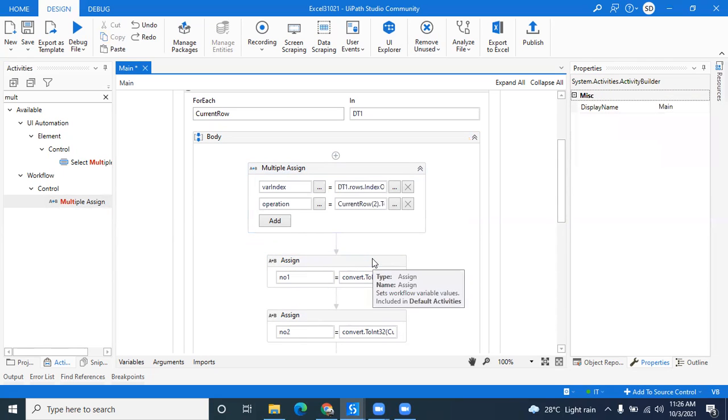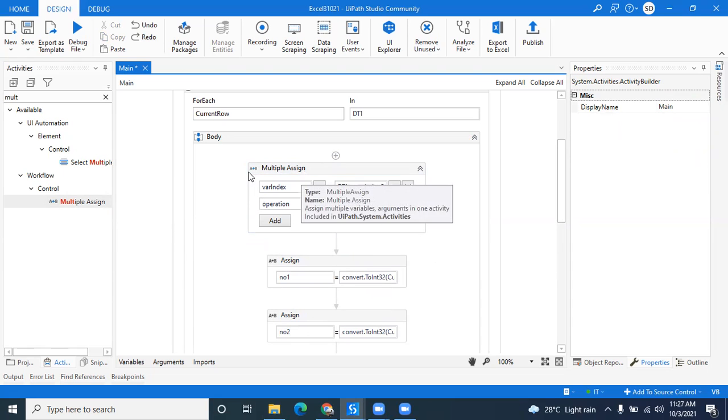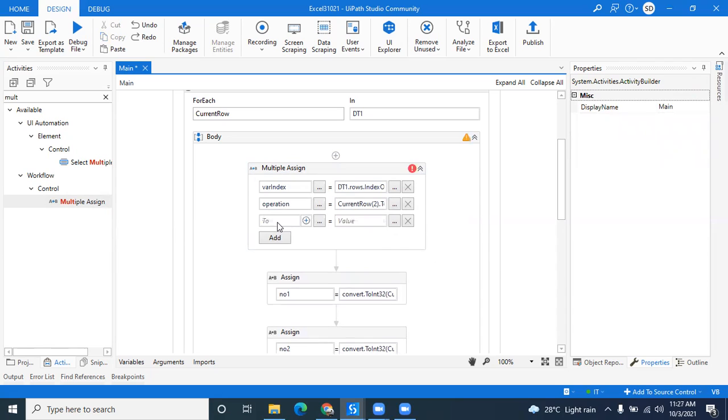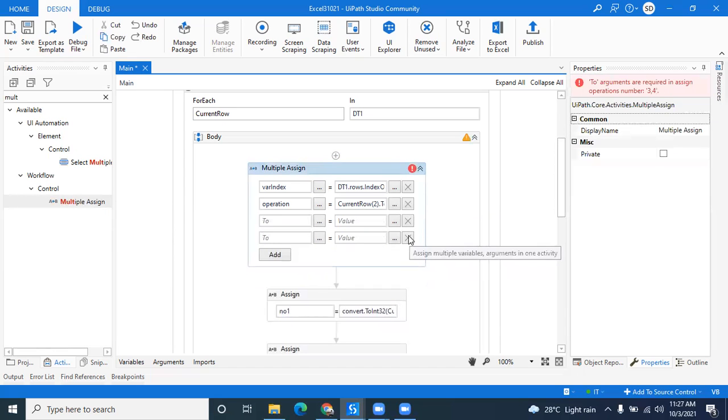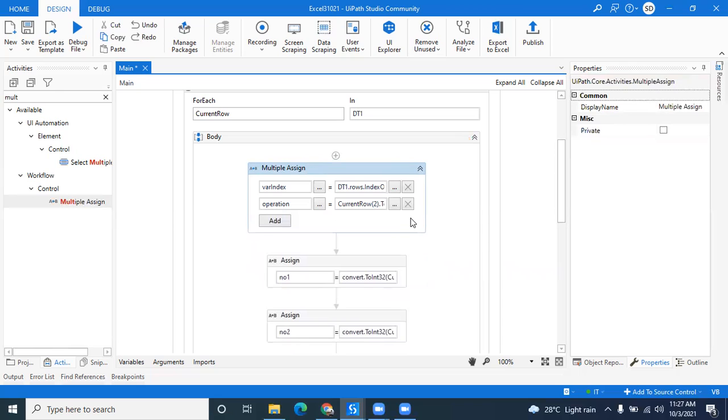So the thing is, every time you are taking a single assign activity, in place of that you can just take one multiple assign and press add, and automatically the number of assigns will be added. Understood? Yes. That is only to avoid our time. It saves time actually. Okay sir. But since you are in the initial phase, you may not understand. That's why I have taken separate ones. Okay sir. Okay, fine. Any doubt? Any other doubt?